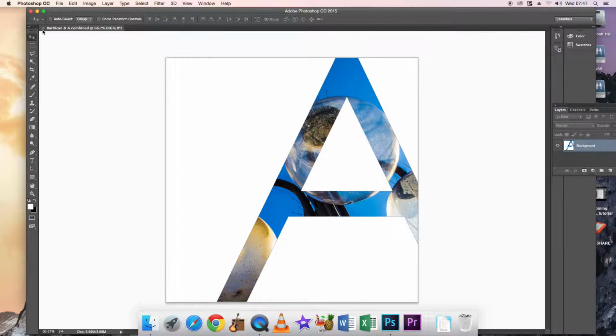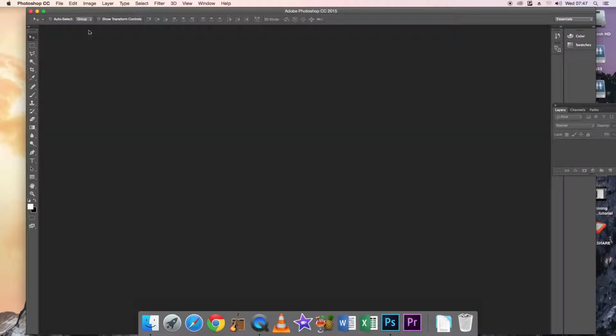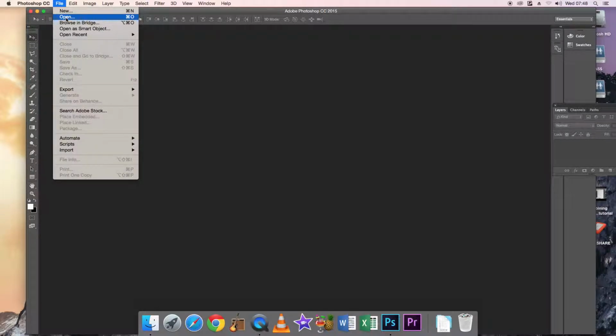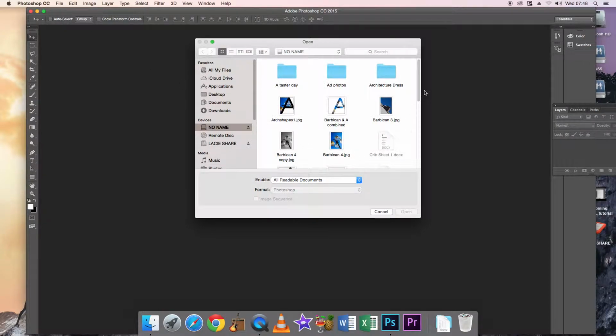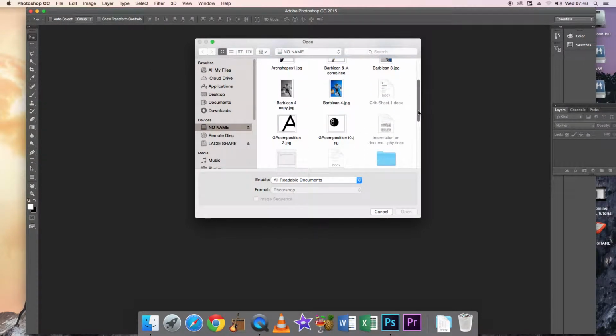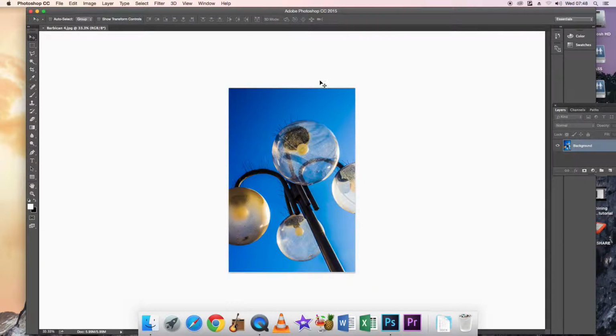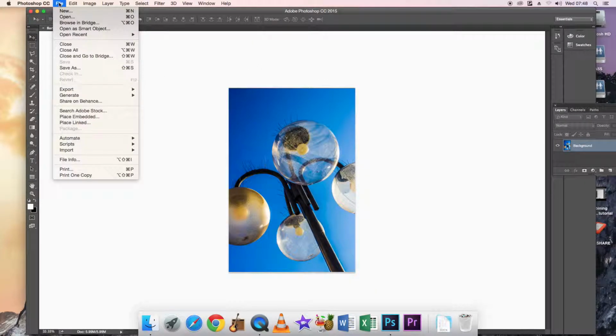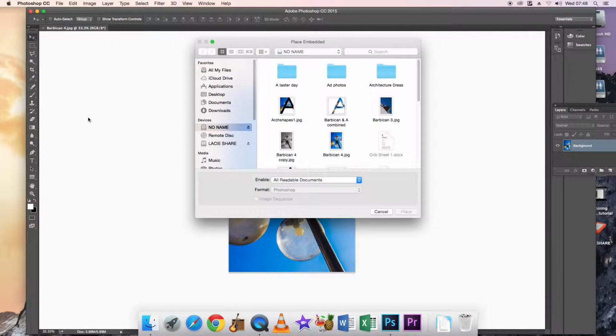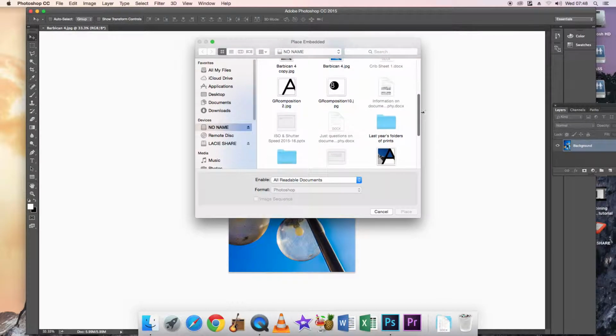So I'll just close that down. The first thing we need to do is open up your architecture photograph. So File, Open. I'm going to choose the same image, Barbican 4. Open that. And then I'm going to go to File and then Place Embedded, the shape, which is A,